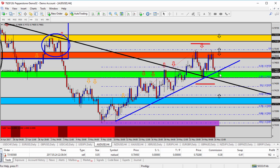And on a break of that 382 fib and the green zone, we look for it to go lower. So sitting on top of the green zone, we look for buys back to the orange zone or higher. Break of the green zone, we flip it, look for sells, turning back down towards the blue zone for the